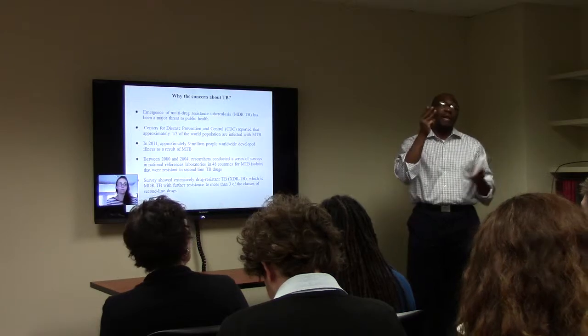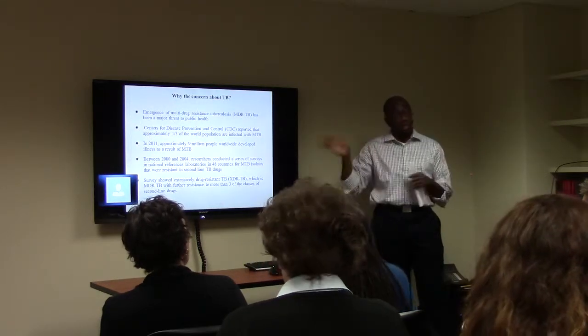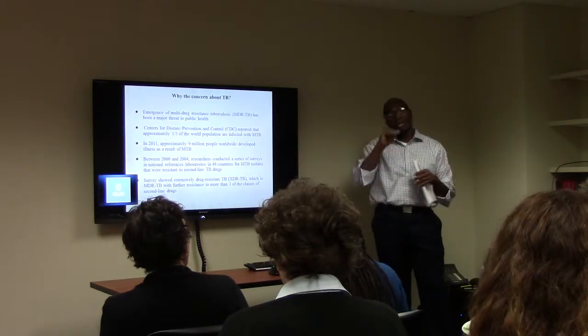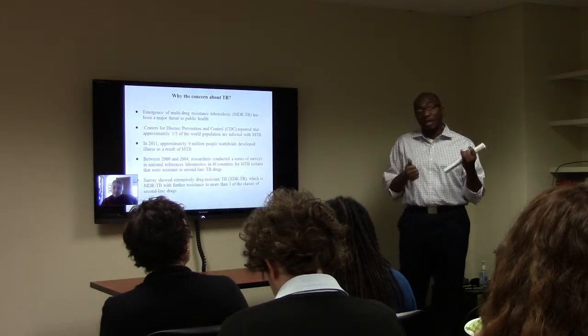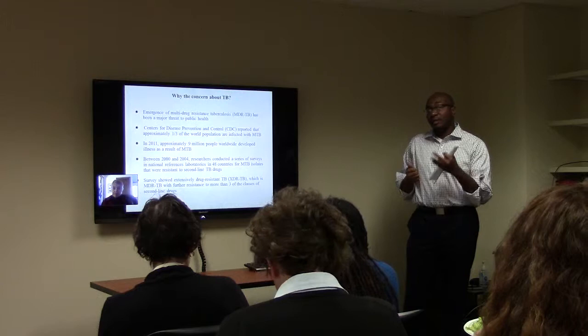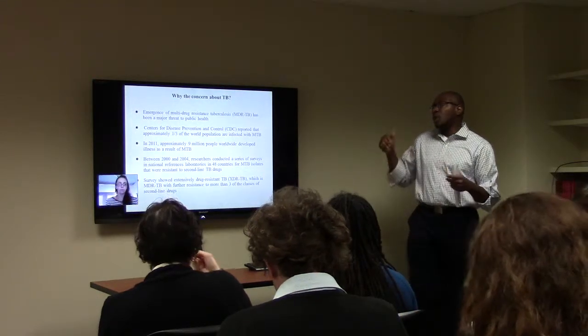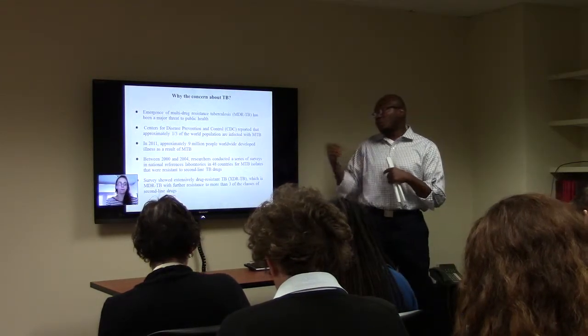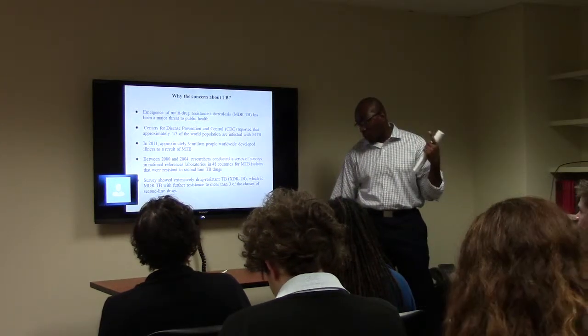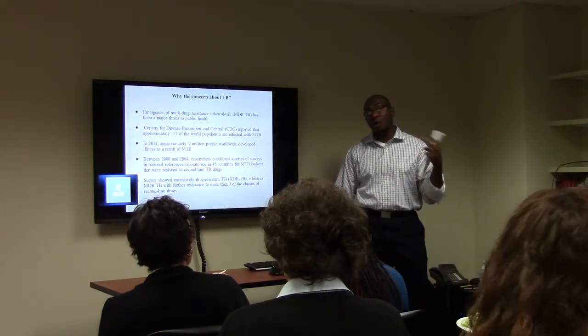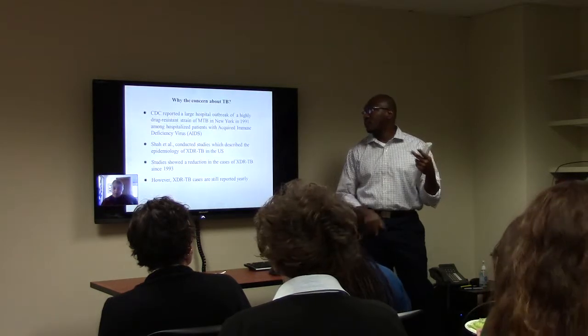There are 3 lines of management, that's treatment for TB: the first line, second, and the third line. So the first line drugs are rifampin, isoniazid, pyrazinamide, and ethambutol, but there's a further second-line drug that is used when there's resistance, and those are injectables, and they are very toxic. They could cause renal failure and deafness.